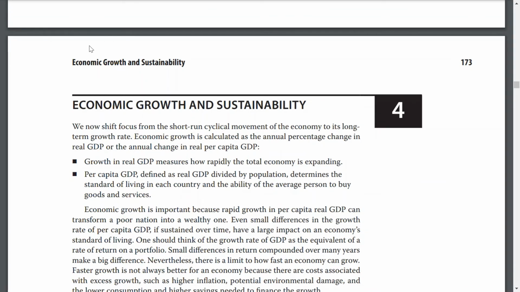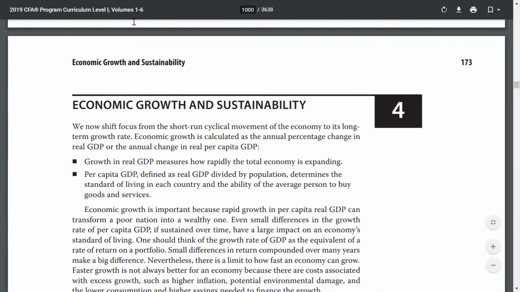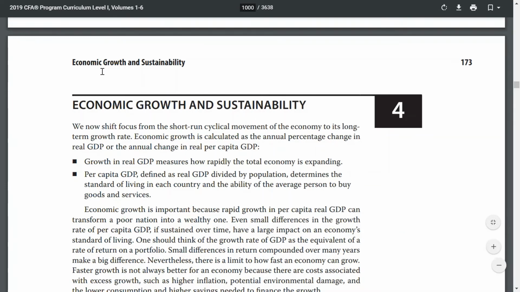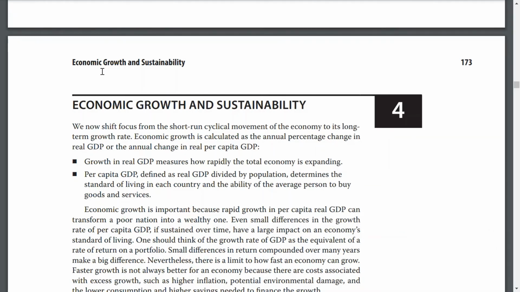Okay, continued reading of the CFA Level 1 program curriculum. Last time we hit the 1,000 page mark. We're going to continue our reading of economic growth and sustainability. Now we should shift focus from the short-run cyclical movement of the economy to its long-term growth rate. Economic growth is calculated as the annual percentage change in the real GDP, or the annual change in the real